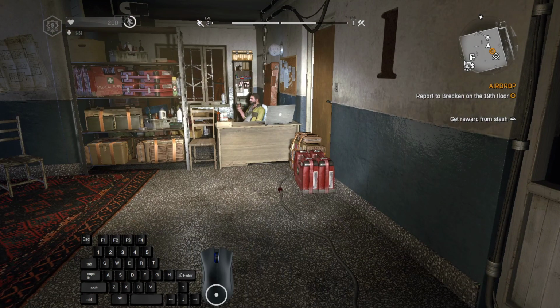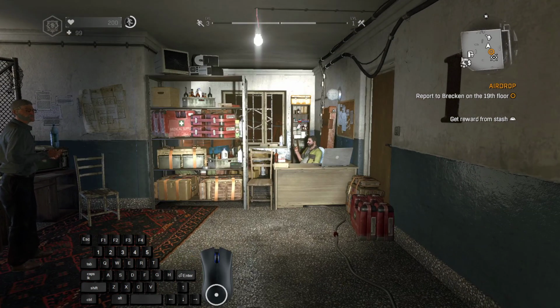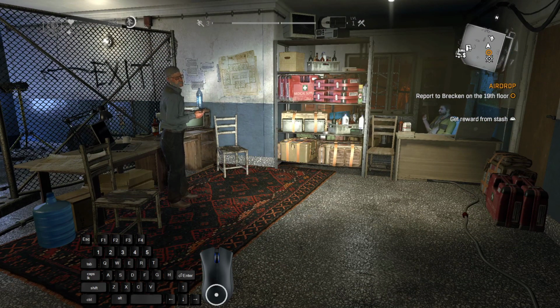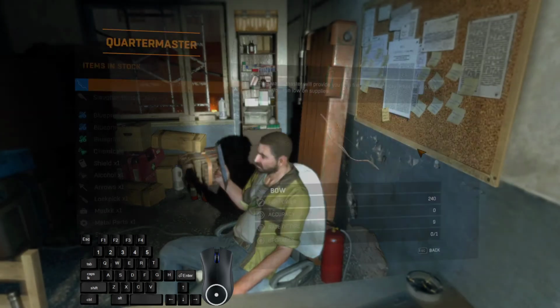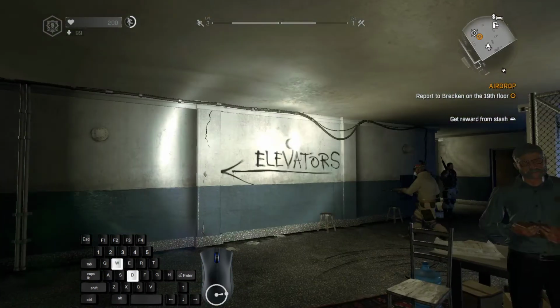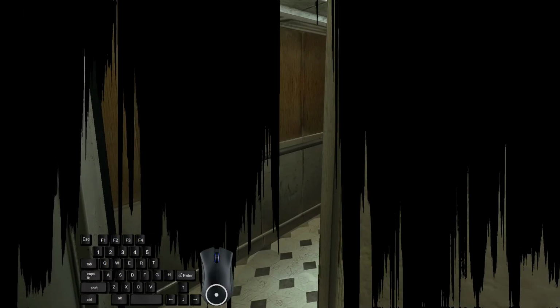Also, you might want to check the Quartermaster now. I would not advise doing it because the Quartermaster refreshes every day, and in terms of game time, everything is pretty much scripted, and the day hasn't yet passed. So if he hadn't had a plastic before, you will now have the same RNG roll, so you won't have it now as well. It will be a waste of time to visit him right now. Enter the elevator,